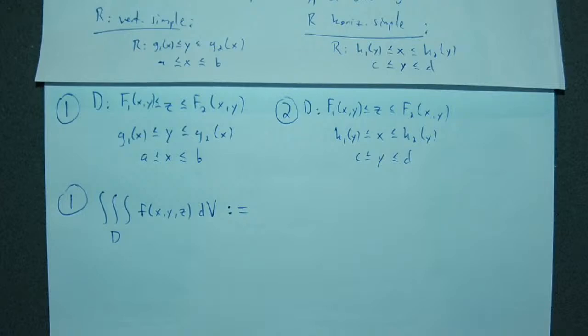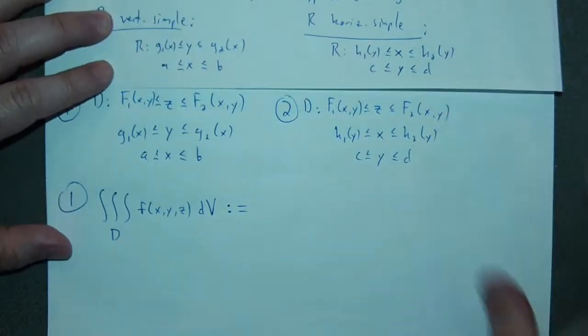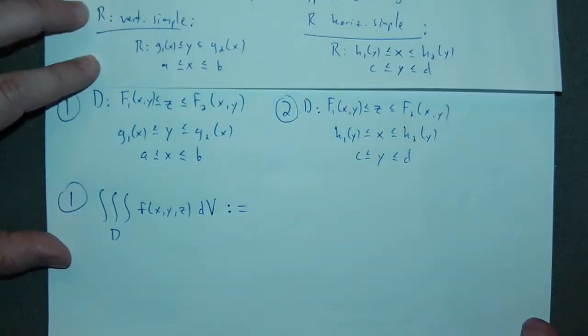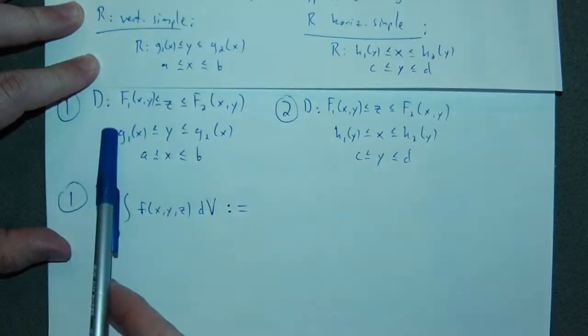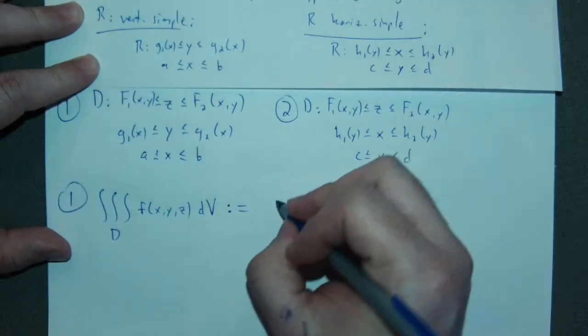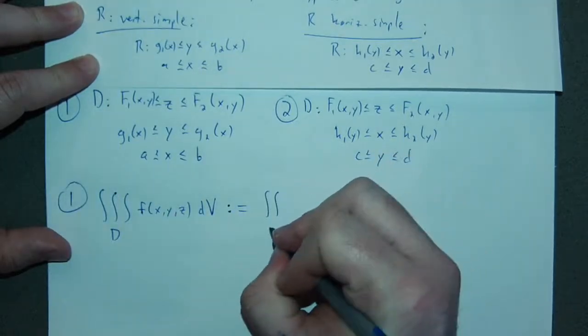So technically that's the definition. You can define this in an analogous way that you use Riemann sums to define both single and double integrals. I'm actually just defining this to be this thing that we're going to compute. It doesn't matter. This works out the same way. So this triple integral is the integral. So in the first case, really what it is is the double integral over R